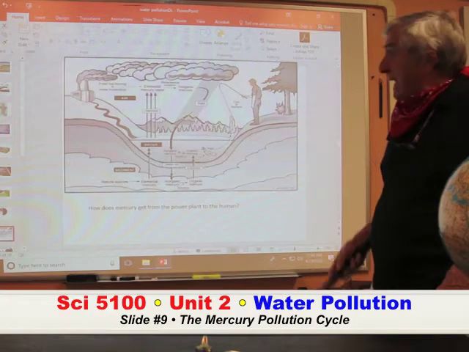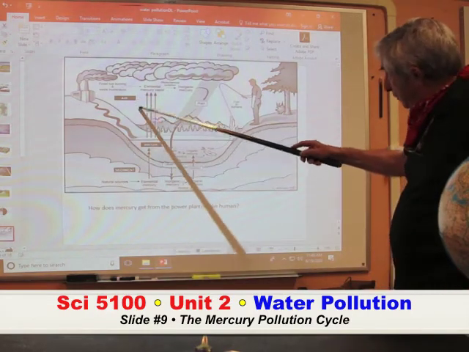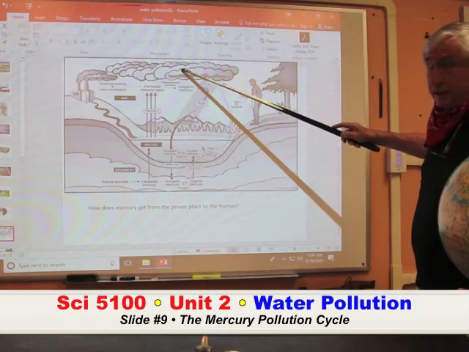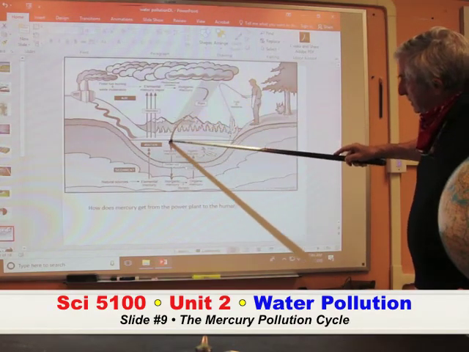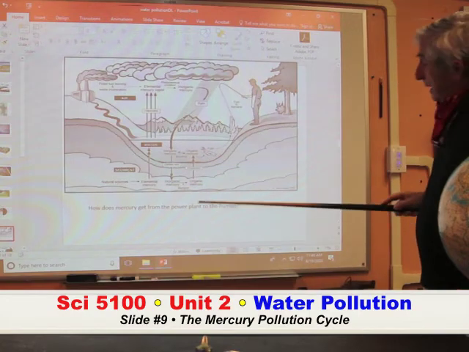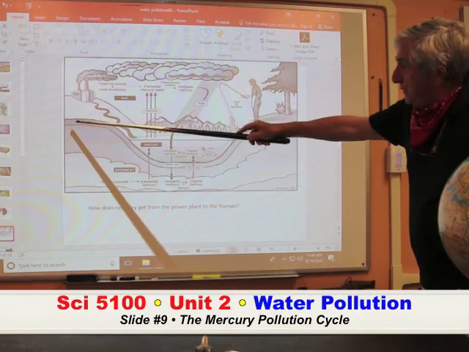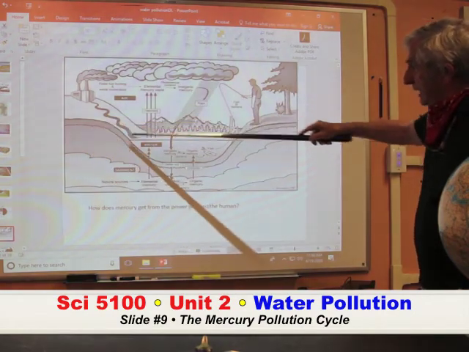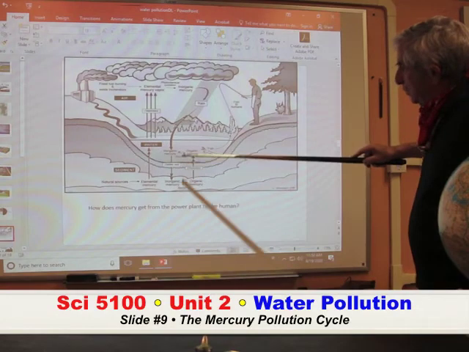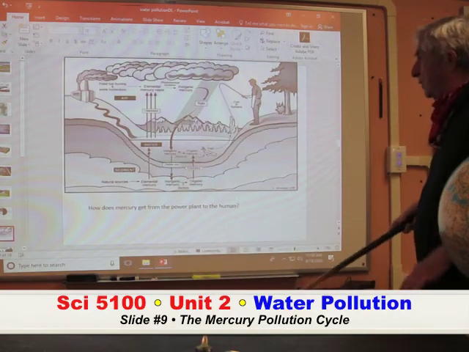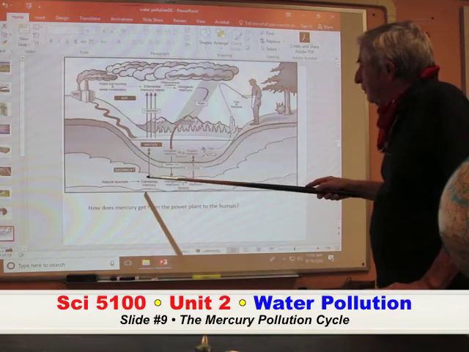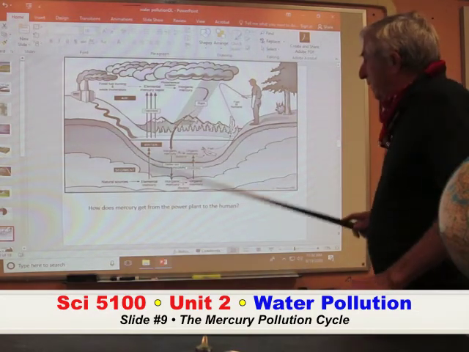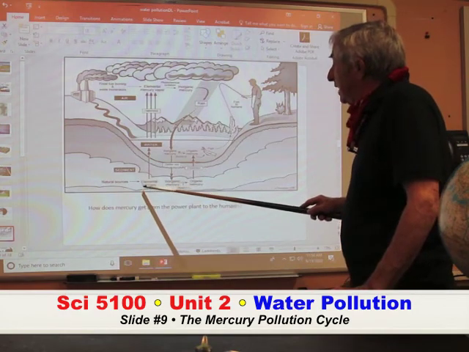Since it's a heavy metal, if you look over here, this is mercury in the air, but it's heavy, so when it rains, it's carried down into the water. The industrial plant in Japan was also leaking mercury from the land into the water, and so it settles to the bottom. How does this mercury that's on the bottom get into this person over here who's fishing? They discovered that the mercury is taken up by